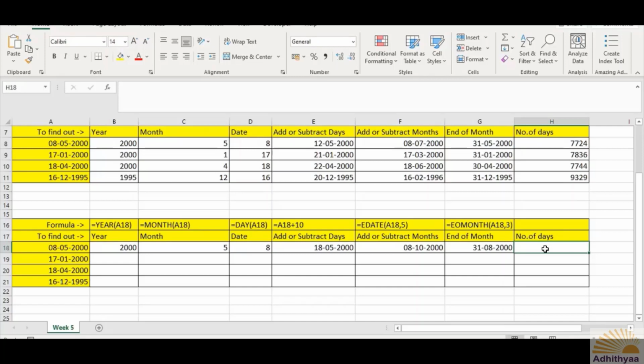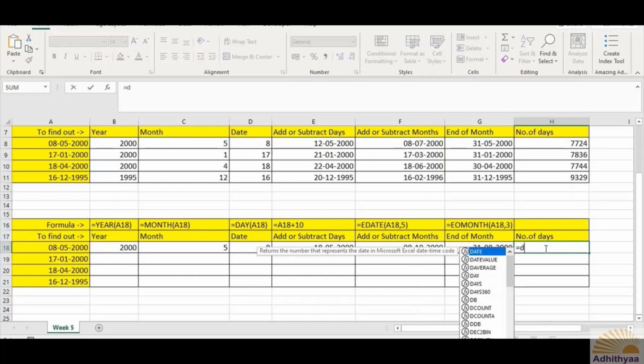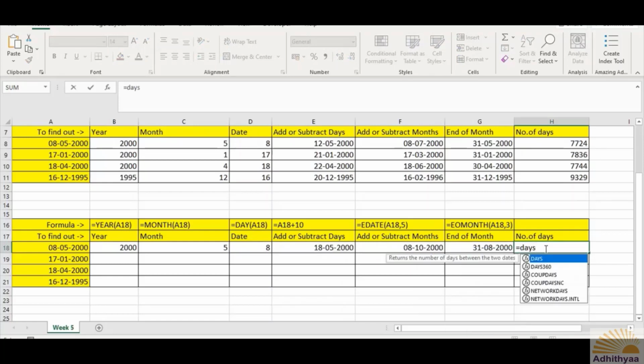Equals to DAYS. Yes, there is an option called DAYS. There are so many other options also available here. If you carefully go through these, if you take 360 days in a year, you have to use this. I don't exactly know about some of the others as I have not practiced them, but nevertheless, NETWORKDAYS and NETWORKDAYS.INTL, etc., are useful according to the requirement. Now let us see only DAYS.